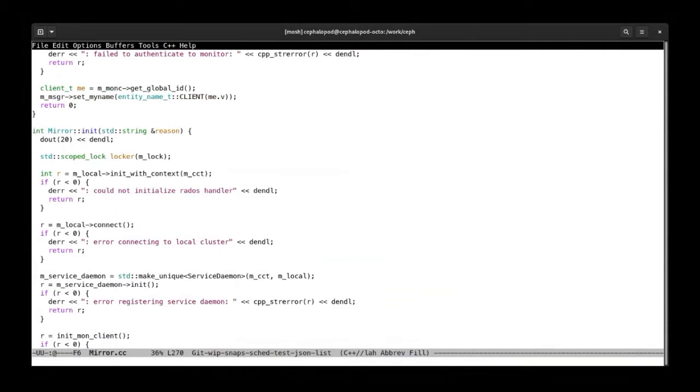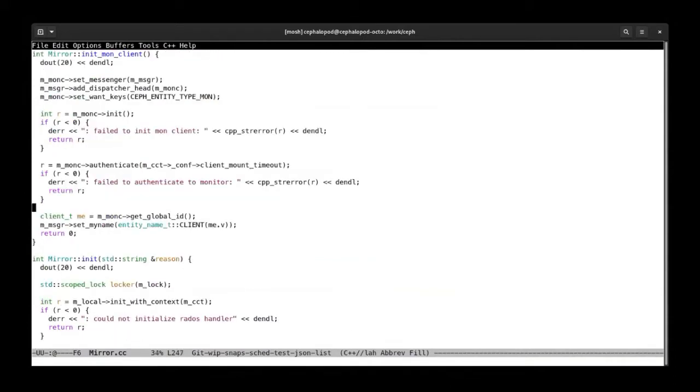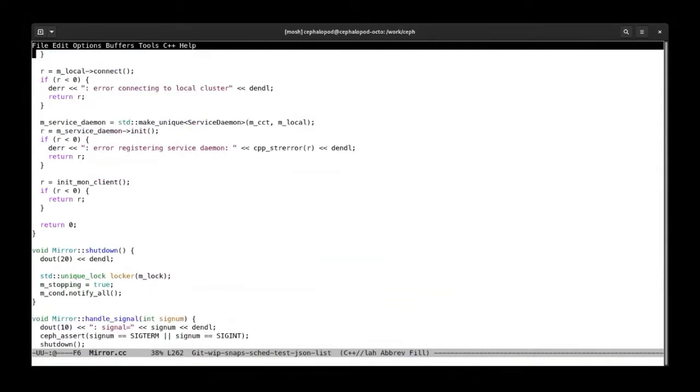There's a blob of data which is kind of like a status for the mirror daemon. So the blob we send to the managers has what file systems have mirroring enabled and the different stats. We just include basic stats, like we have this many directories scheduled for mirroring, and if we encountered any failures, if we recovered from any failures, and things like that. So once we are done with all those, we initialize the mon client,